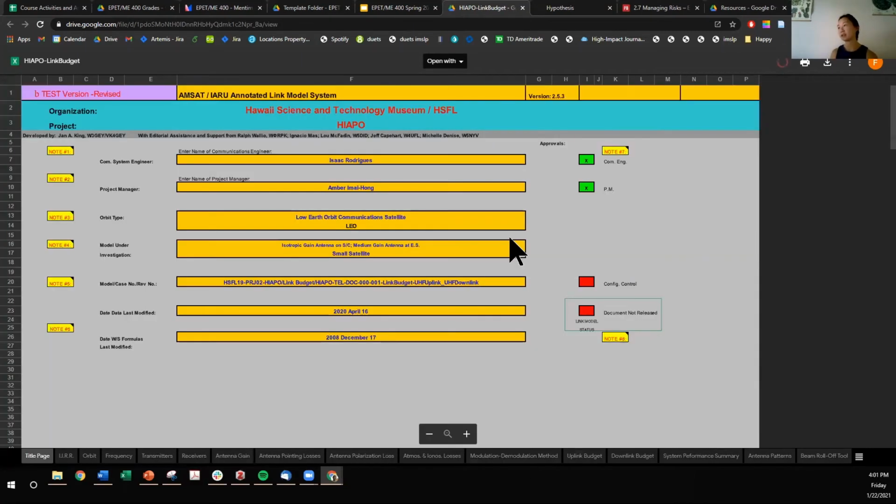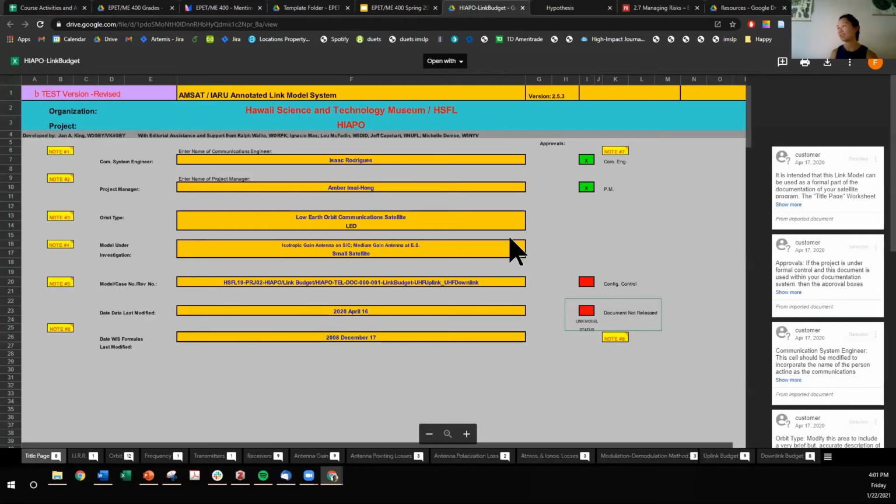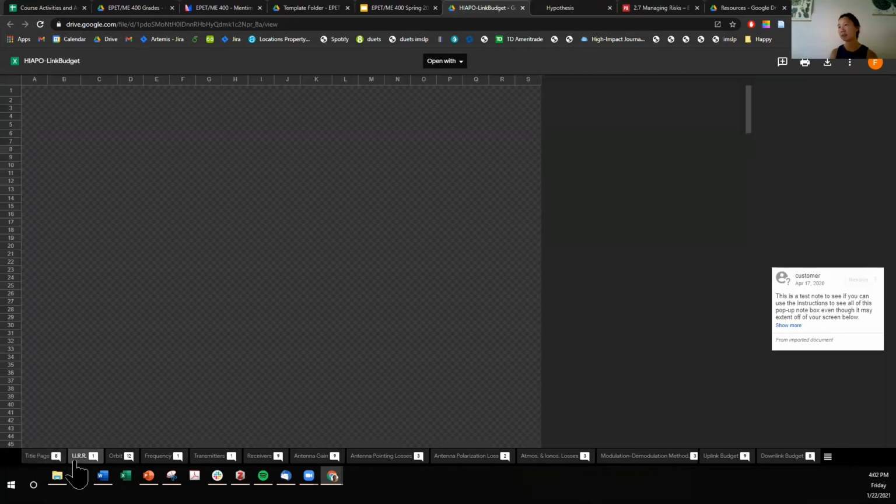Okay, for link budgets, a link refers to a communications link. So there are many different parameters that we'll read about in the communications chapter. But essentially this spreadsheet is trying to calculate if your satellite will communicate with your ground station and vice versa. There are many different parameters that you have to put into this spreadsheet, which acts like a calculator, such as,